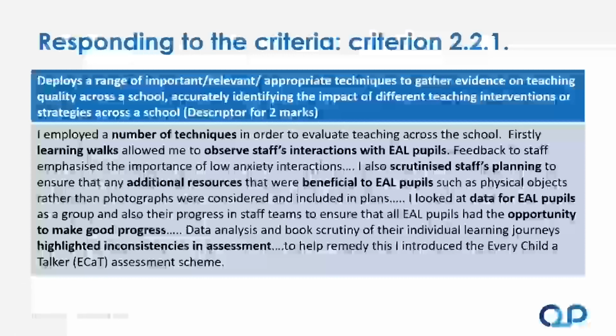The candidate actually wrote much more than this. But the candidate script has a number of key elements directly aligned to keywords in the assessment criteria. They reference the word techniques and then offer 3 examples of the techniques that are used. The candidate then answers the so what question, i.e. you have carried out this analysis, so what did you do with the outcomes? They tell us their analysis led to the identification of inconsistencies in assessment and to the introduction of the ECAT